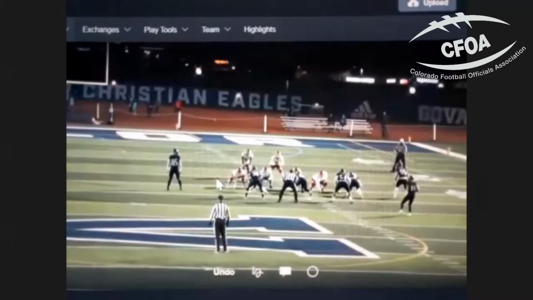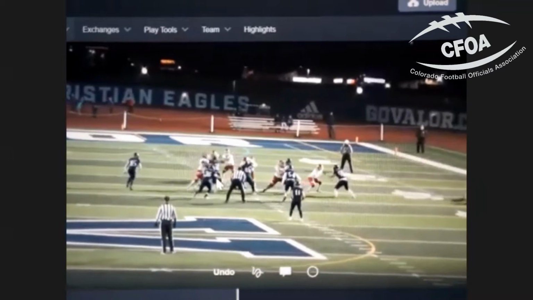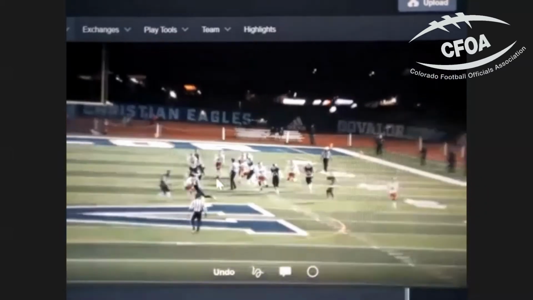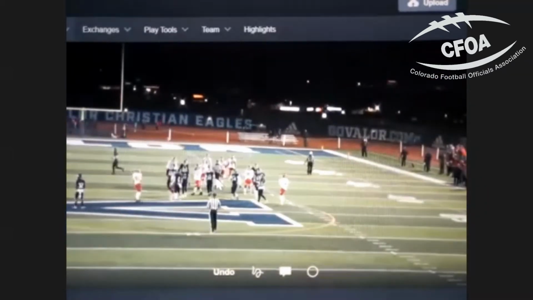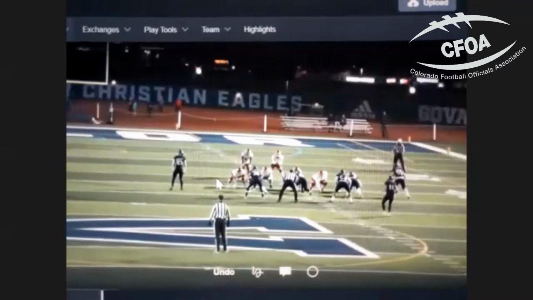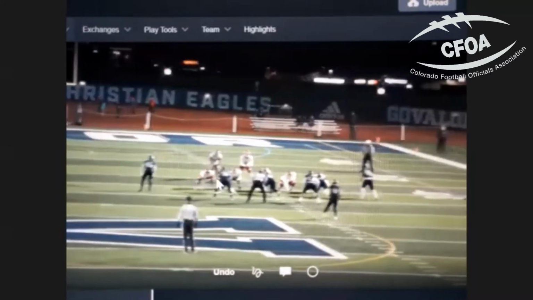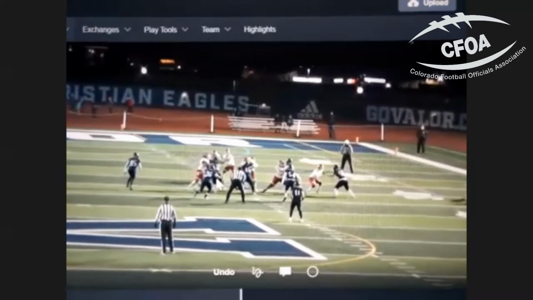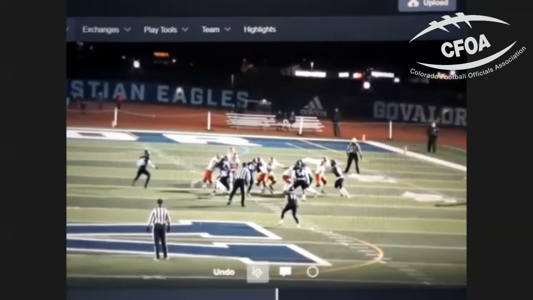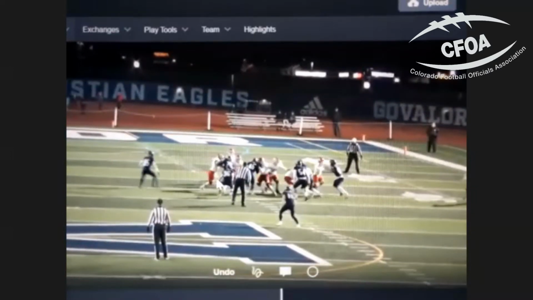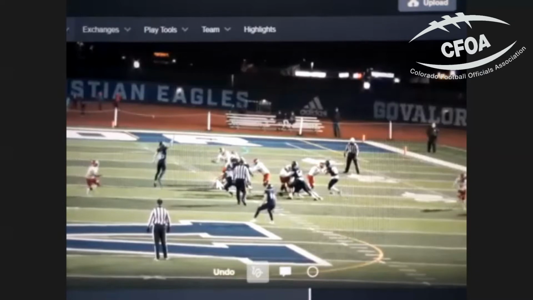Now, you'll see some other clips where they're actually trying to do a little more drive block. But our rule for linemen is, take care of the down linemen and do not go to level 2. Take care of level 1 and do not engage level 2 unless they come. So we're doing that with young linemen.